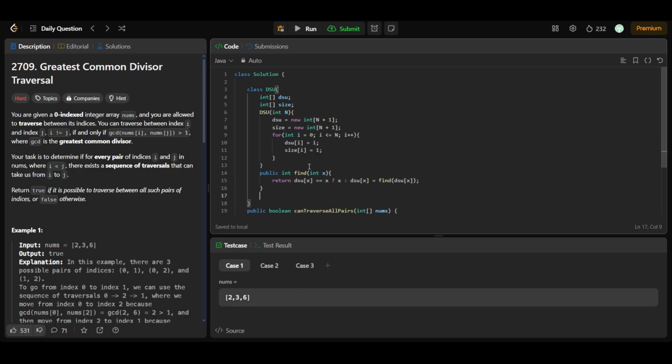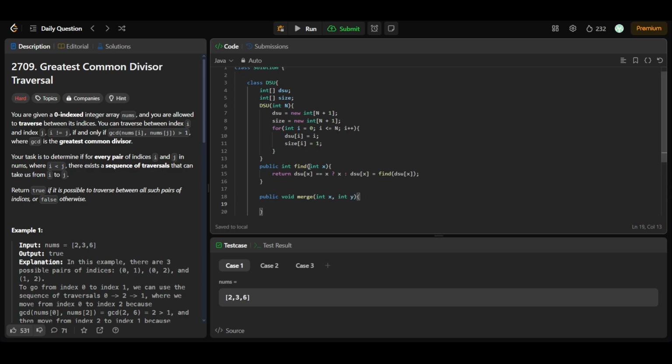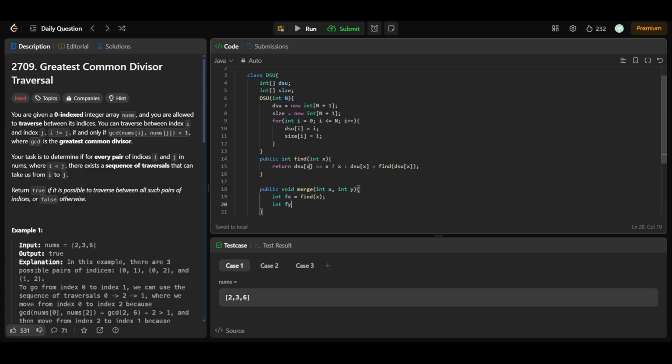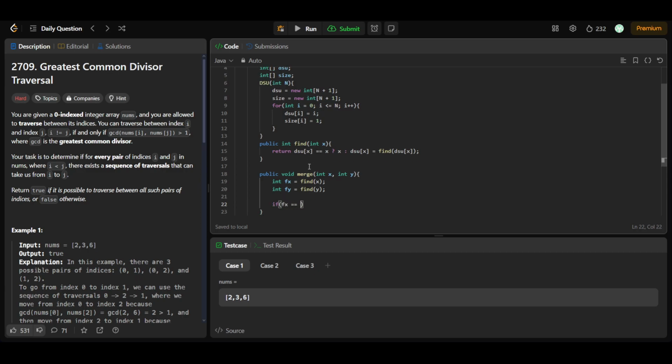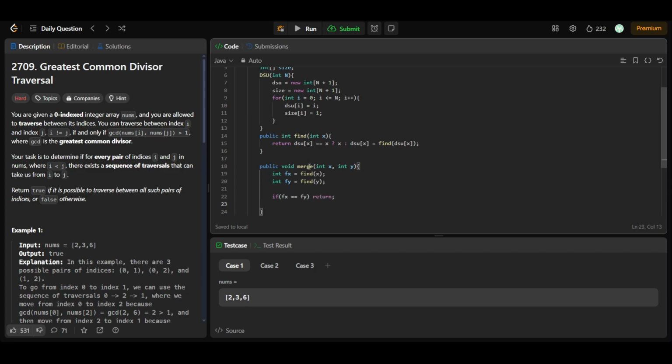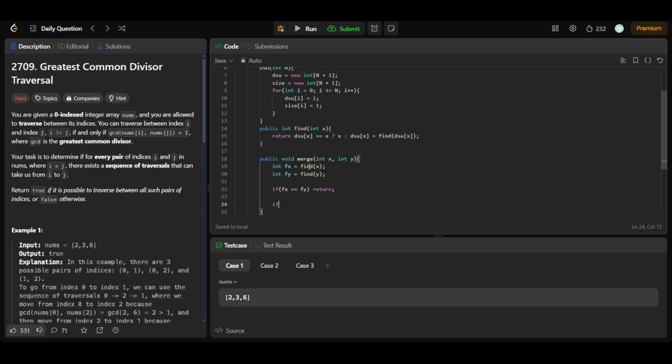x. Okay, and let's write one more method, that is merge, public void merge, which means merging two components or two nodes, basically int x and int y. And here let's say fx is equal to find of x, and also let's have fy that is equal to find of y. And if fx is equal to fy, in that case we have to return. And if size of fx, meaning connected components of fx, is greater than the size of fy,